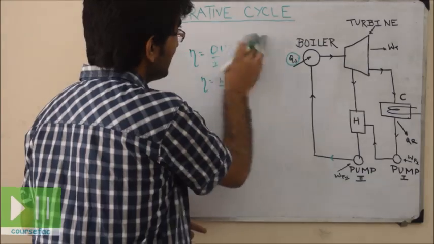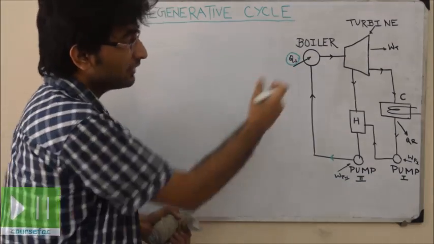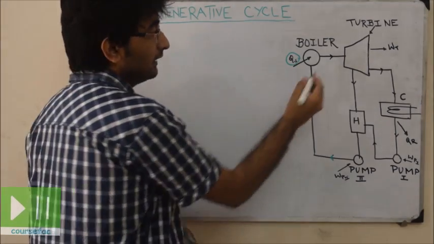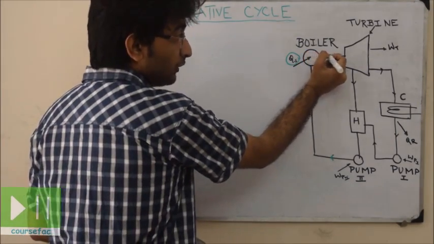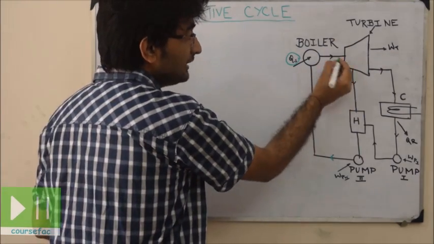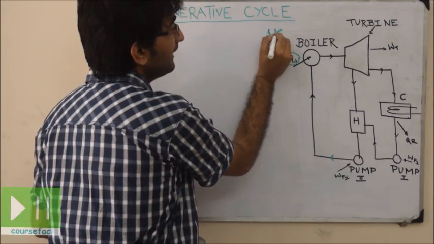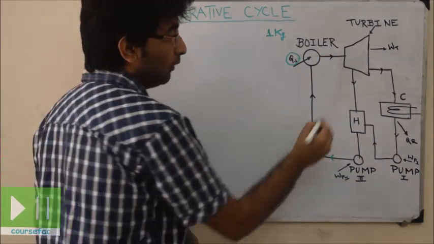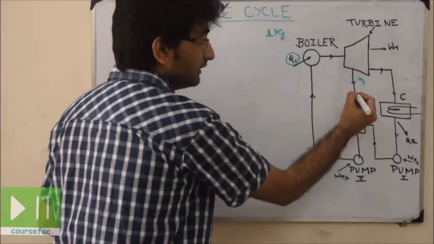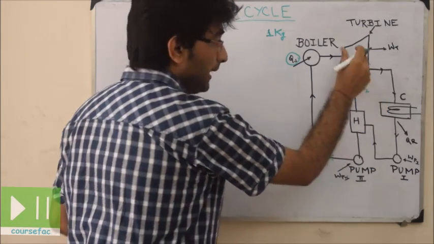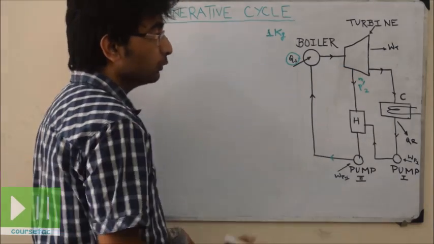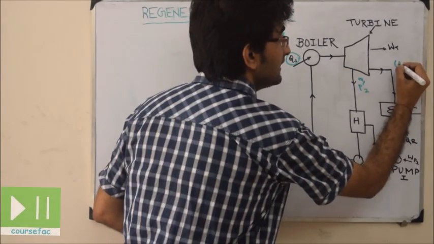Now, let us understand the flow cycle of the regenerative cycle. First, heat is supplied at a constant pressure to the boiler. Now, the steam that comes out of the boiler is fed to the turbine. There is partial expansion. Let us assume that 1 kg of steam enters the turbine. Now, from here, we extract M1 amount of steam after expansion at a pressure of P2. M1 amount of steam is extracted from the turbine after partial expansion at a pressure of P2, and the rest, 1 minus M1,